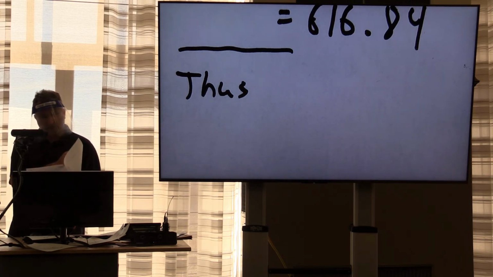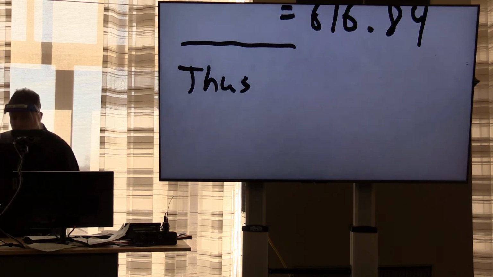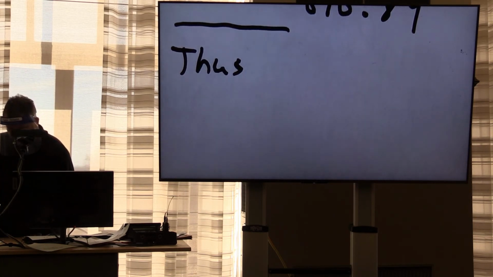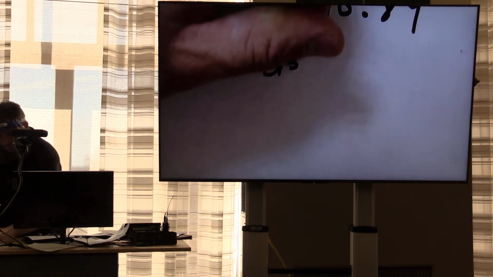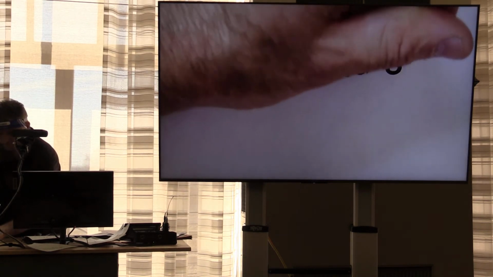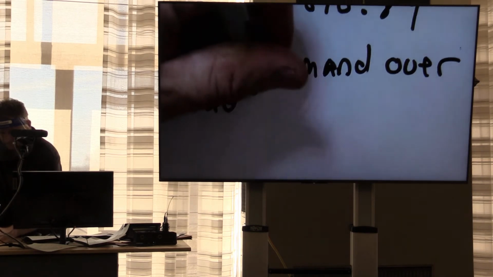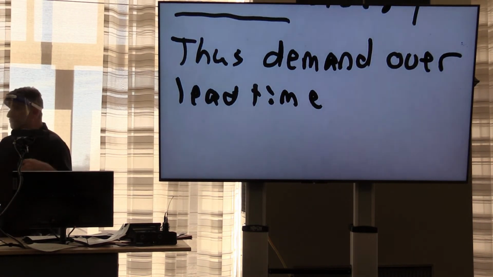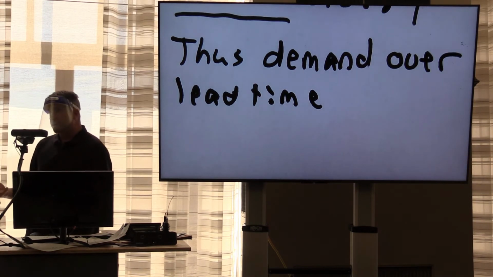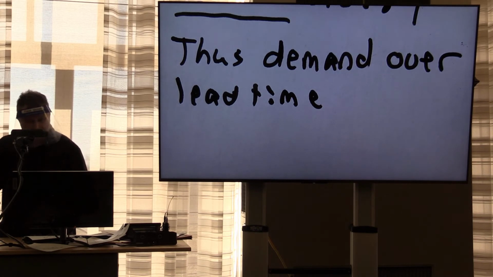It's the same if the mean and standard deviation is for demand over lead time. So what this means is that demand over lead time, which again means during those 5 days when we're waiting for the new shipment to arrive,